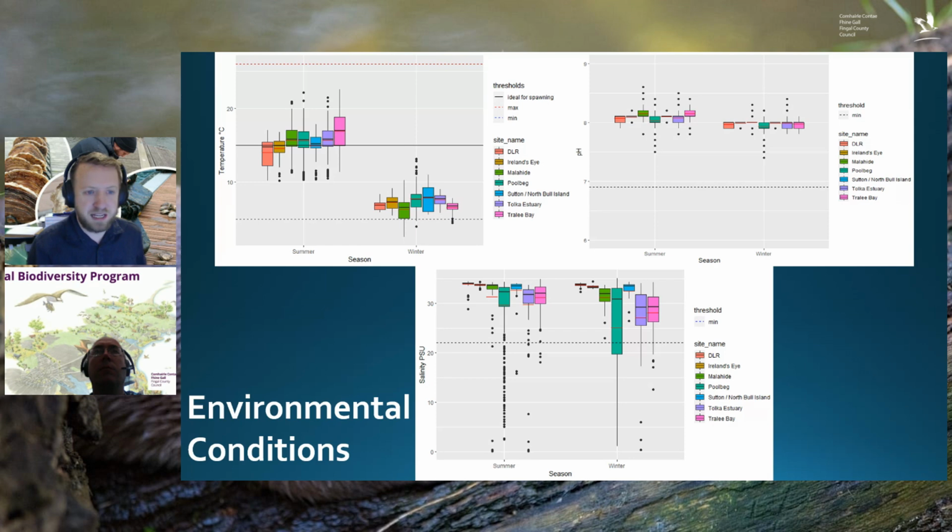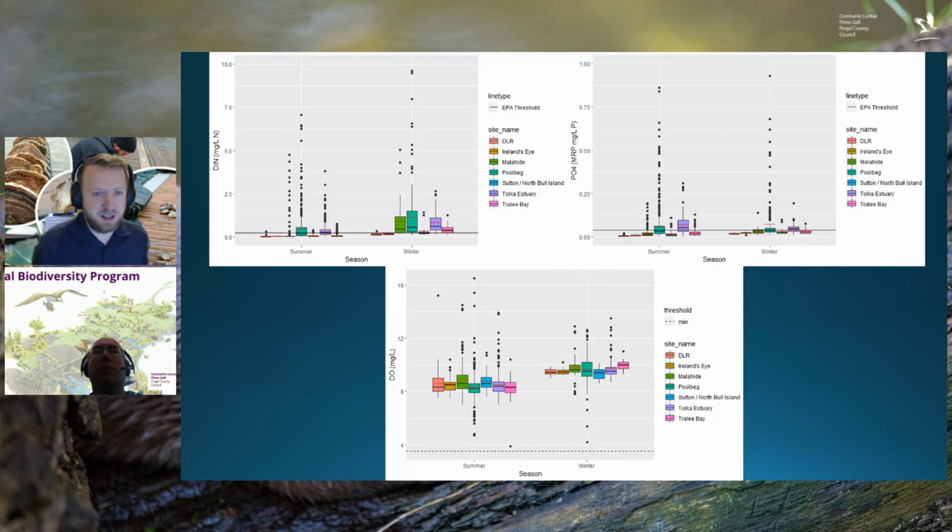And so we're basically looking at this and showing that they're about along the same lines as Tralee, nothing that's too different. And the lines that you see going straight across are the thresholds set by the International Oyster Restoration Group, the NORA group, for the recommended levels that each of these parameters should be at. So temperature-wise, pH-wise, salinity-wise, it's all looking pretty good. The one that you see a little bit further down is in Poolbeg, and that makes sense because you get all the fresh water coming in off the Liffey there. But even those ones have been doing better than we expected in response to that fresh water.